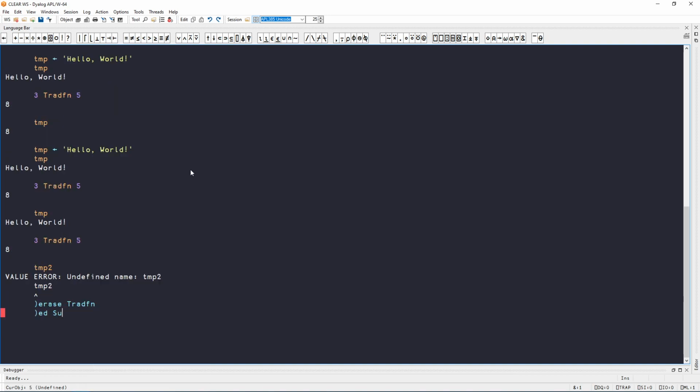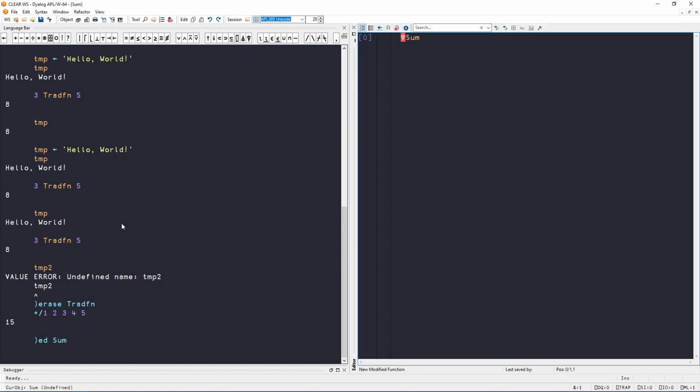And now let's create a new one that is going to sum a vector of numbers. So in APL, the usual way in which you do it, and probably the preferable way, is to use a plus reduction. But just for the sake of demonstrating how a control structure works, let's do that in a Tradfn with a loop. So I like to add these as visual reminders that this is a Tradfn, but again, this is not necessary. And now let's say that the sum